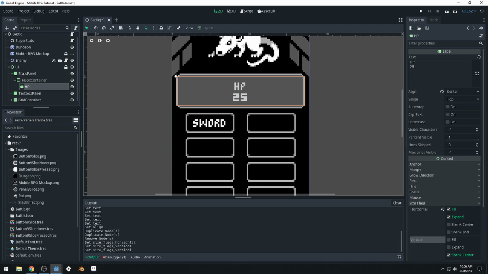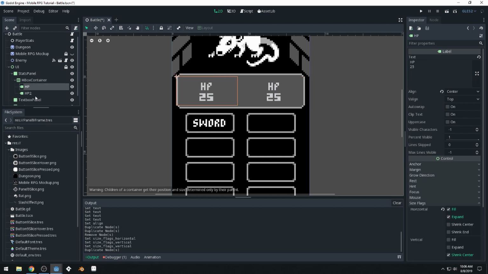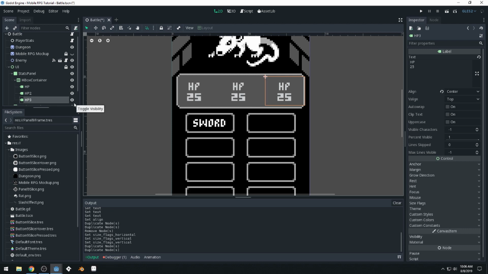But it takes up the entire space that it can because it expands horizontally. Now, if we duplicate this, you can see that it immediately divides evenly the space because it's trying to make room for both of them. So if we add another one, and